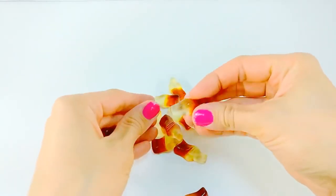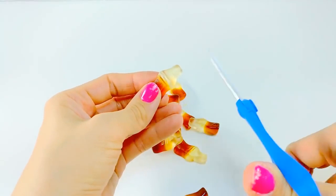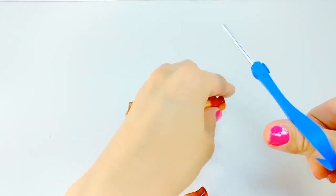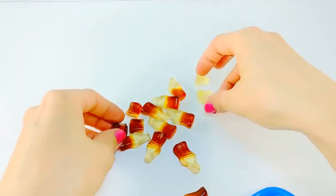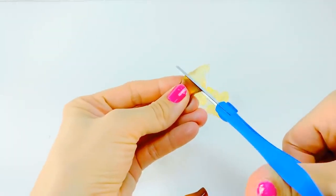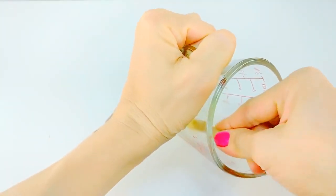Alright, so I have my Coke bottle gummies. For this ring pop, I only really required 10 gummies. And of course, I'm going to try to create the same effect as these gummies. So I'm going to cut them in half, and I'm going to microwave them separately, obviously. Now these gummies do not take long to melt, so just make sure that you guys do maybe 5 seconds at once. Or else it just kind of boils and then it gets stuck on your bowl,